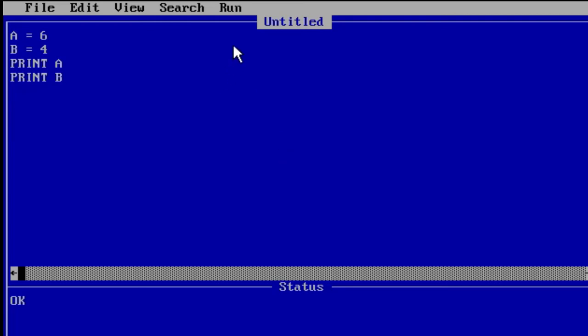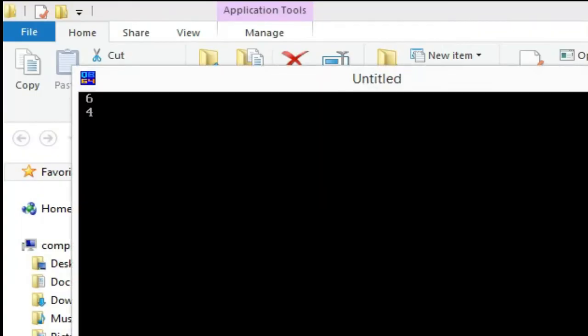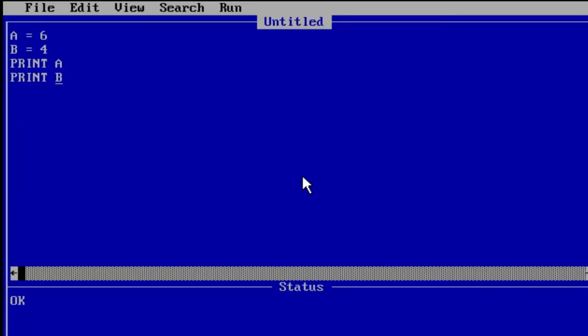You can do it also, then click on run and click on the start button to check the output. So here look at the output. At first this value is 6 and next value is 4, that means the value of a is 6 and the value of b is 4. So you can show the values that way.